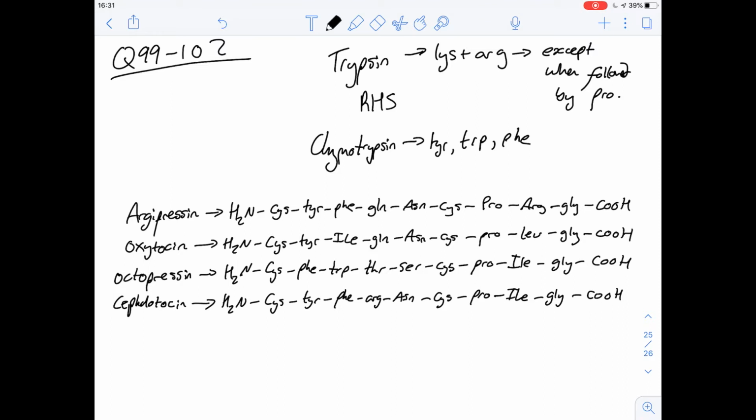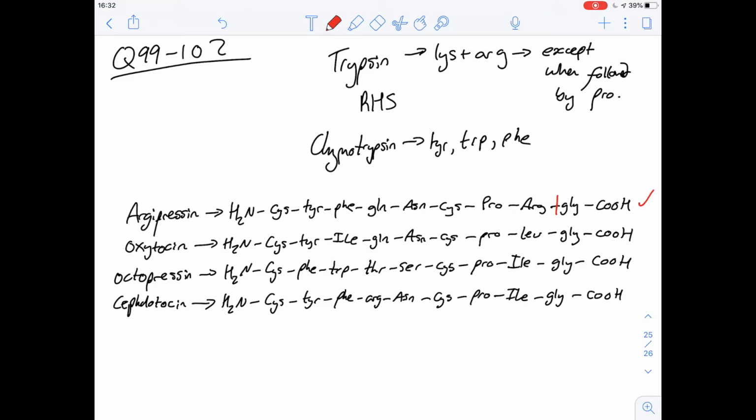So 99 is the cleavage of which of the four nonapeptides, argipressin, oxytocin, octapressin, and cephalotocin, is facilitated by the enzyme trypsin. So we know the rules for trypsin here. I'll change the colour to make it clearer. Let's go through them all and then see which ones it could act on. So going through argipressin now, which is this top one, we're looking for a lysine or an arginine. And we can see that there is one here and it's not followed by a proline, so it could act